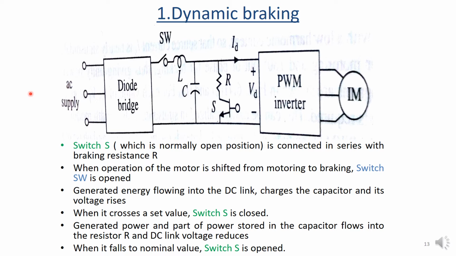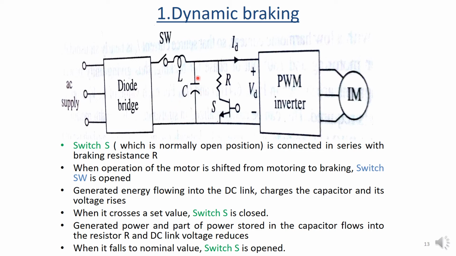The figure shows the dynamic braking of PWM inverter for induction motor drive. Basically, this figure is the same except for the braking resistor R and switch S. Whenever normal operation is taking place, switch S is in open position, and this switch S is connected to braking resistor R. When the motor operation is shifted from motoring to braking, switch S is open, and the generated